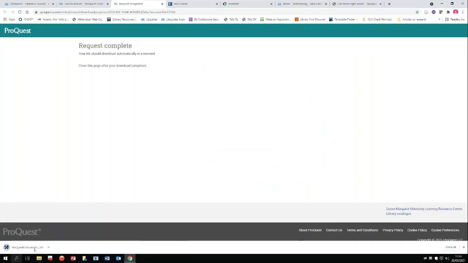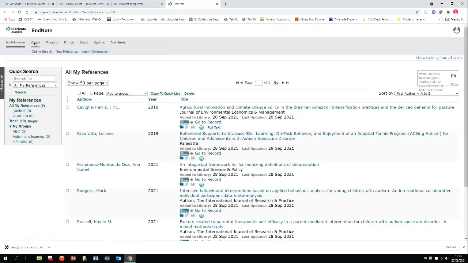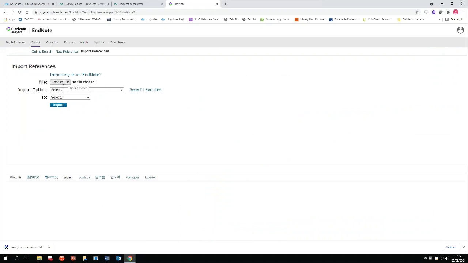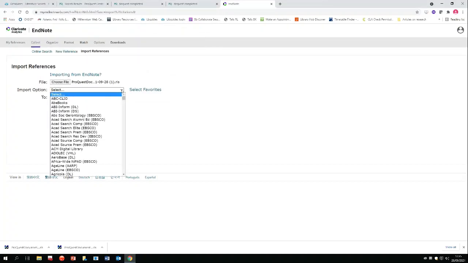And you'll notice here at the bottom that there is an RIS file in your Downloads folder. Now go back to EndNote and hover over Collect to import references. You will be prompted to choose a file. You will see the downloaded file usually in the Downloads folder. In my case, ProQuest Documents. Click Open, and then you'll be prompted to